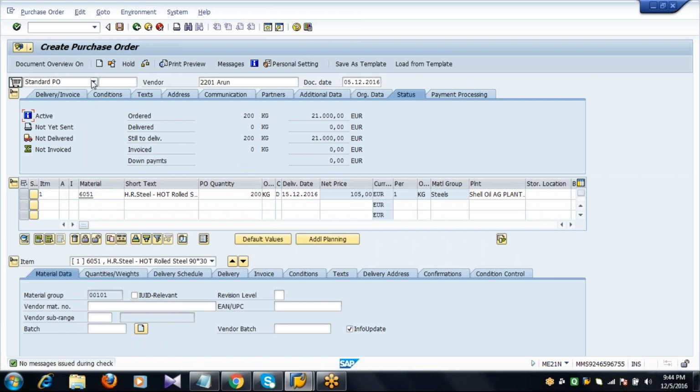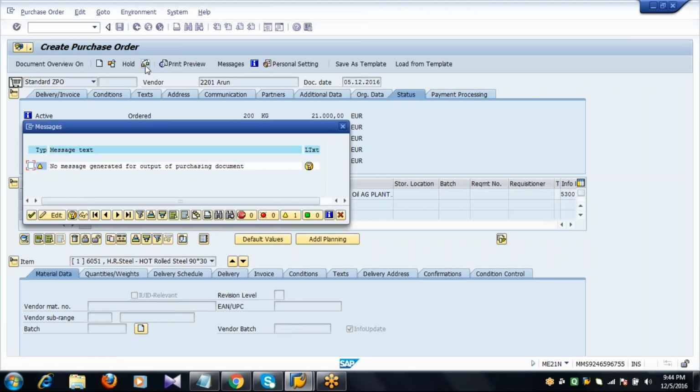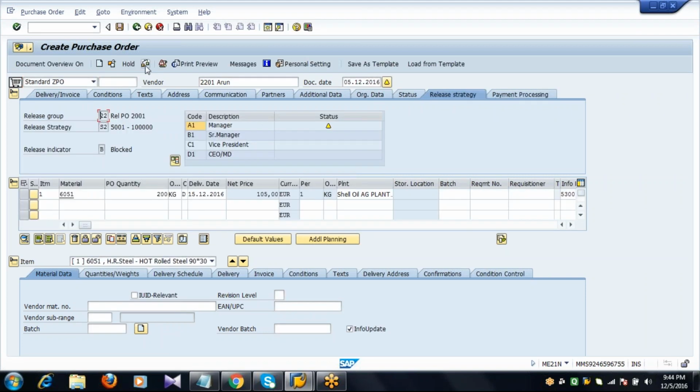So again, I'll select my document type ZPO, then click on check button. So again, it displays release strategy.